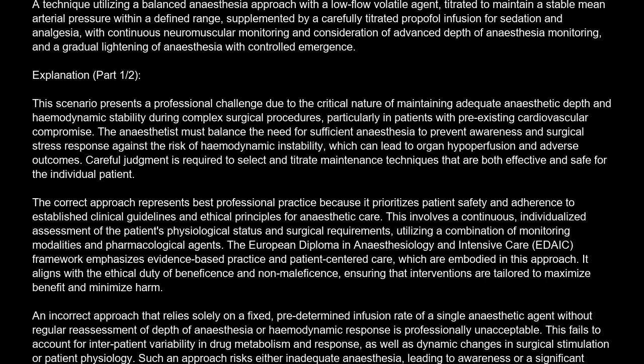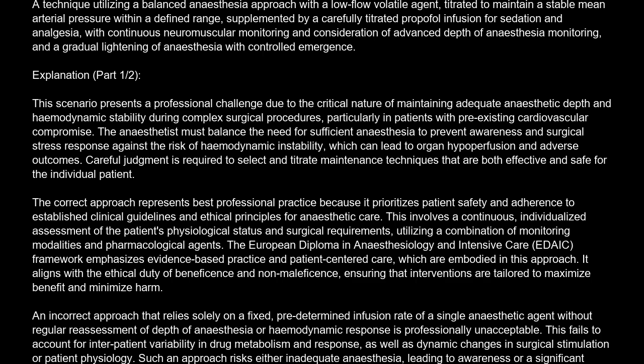The correct answer is D, a technique utilizing a balanced anesthesia approach with a low-flow volatile agent, titrated to maintain a stable mean arterial pressure within a defined range, supplemented by a carefully titrated propofol infusion for sedation and analgesia, with continuous neuromuscular monitoring and consideration of advanced depth of anesthesia monitoring, and a gradual lightening of anesthesia with controlled emergence. Explanation: this scenario presents a professional challenge due to the critical nature of maintaining adequate anesthetic depth and hemodynamic